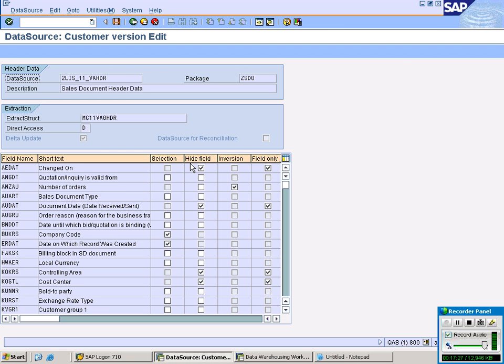Will it come to BSR? Even though you add it to your extract structure, it will not be coming. So now, what do you have to do? You have to uncheck it. Very important. And you can see there is something called field only known in